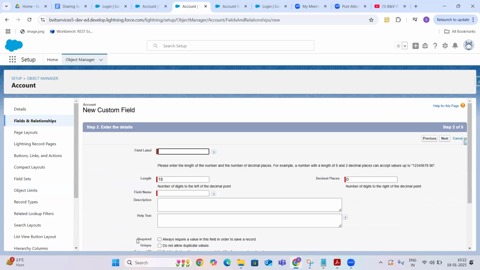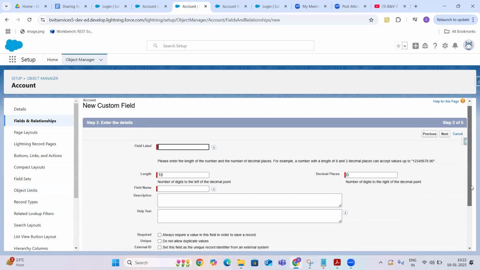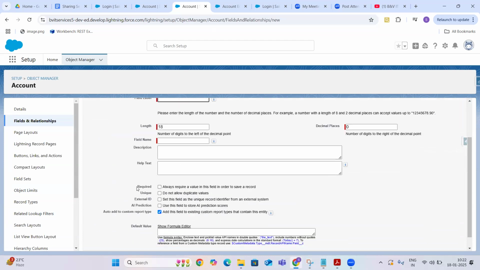There is one checkbox that you are going to get, the required checkbox. Whenever you check this checkbox, then always you have to provide the value, guys, irrespective of profiles or irrespective of anything.